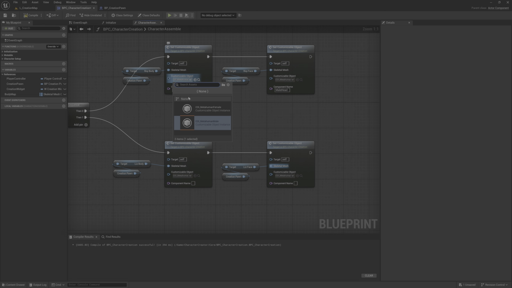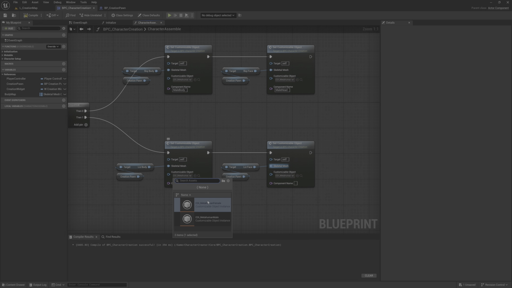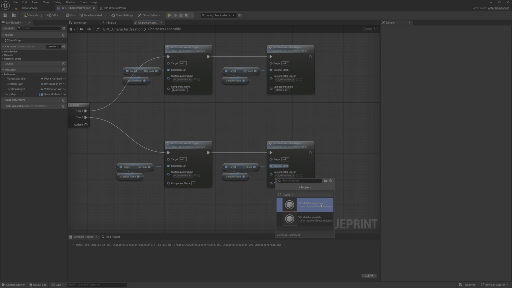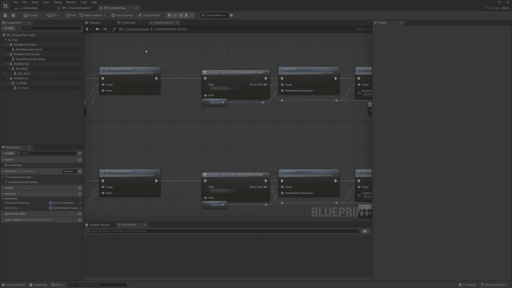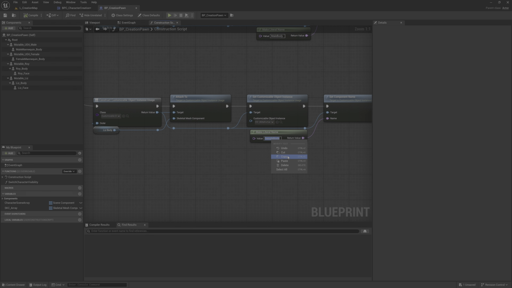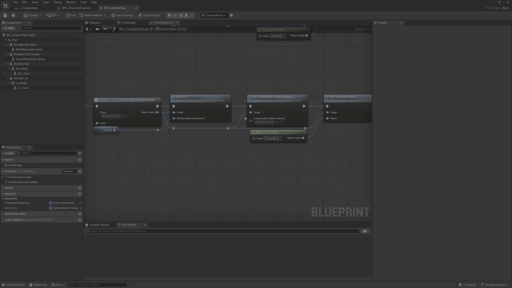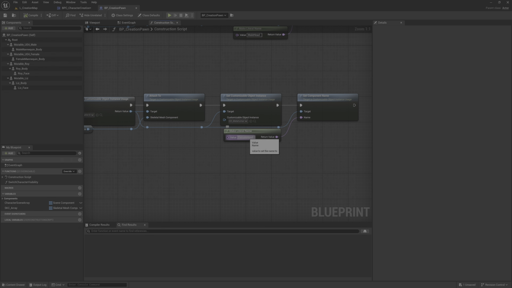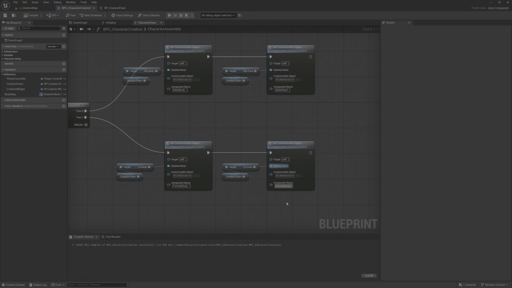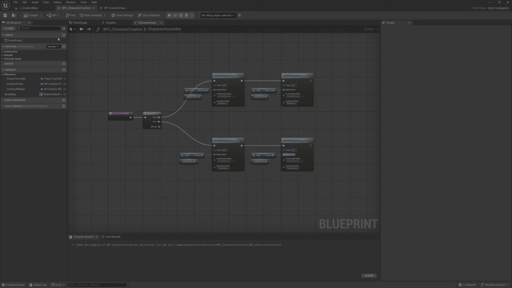And here is MetaHuman male because it's Roy, and here it should be MetaHuman female and MetaHuman female, and the names are female body. Careful with the name, female here. There.